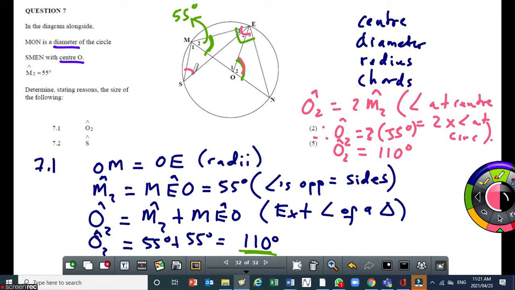This is the way that I would do it. If I want to find the size of angle S, I'm going to find the size of angle N first, because angle N and angle S are equal because they are angles in the same segment. They are both subtended by chord ME. So first thing, I'm going to calculate the size of angle N. Okay? To do that,